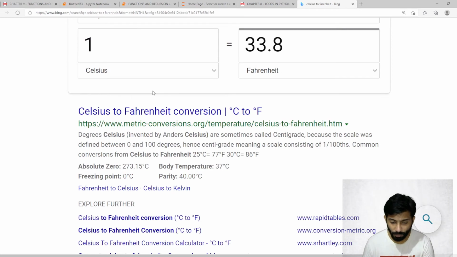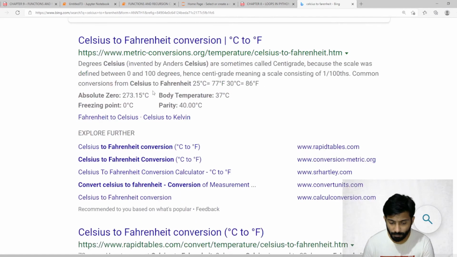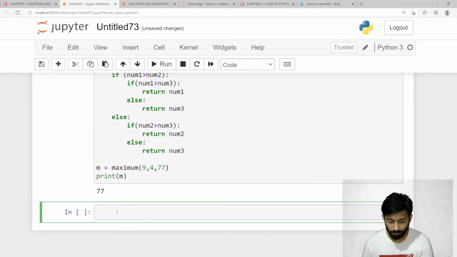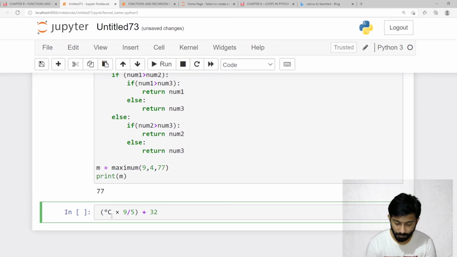So let me check for the formula over here. So this is the formula to convert Celsius to Fahrenheit. Okay, I will copy this, just paste this. Celsius to Fahrenheit. So this is the formula, right? Fahrenheit, I will write F equals, this I will write